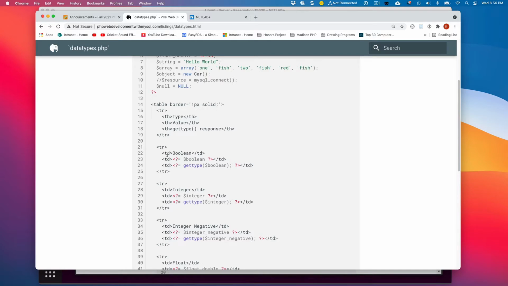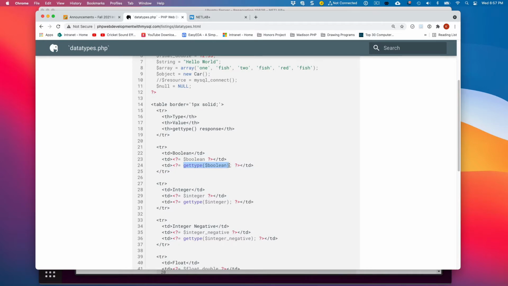And so what I'm going to list in the first row right here, I'm saying this is a Boolean. I'm going to say what its value is. And then this is going to be the output of gettype Boolean. Now notice, remember I told you that PHP starts out with a left angle bracket PHP and then closes with a question mark right angle bracket. This is something known as a short tag. You can look that up. And instead of left angle bracket PHP, the left angle bracket question mark equal sign is a shortcut for essentially left angle bracket PHP echo. So what I'm doing is I'm echoing the results of this.